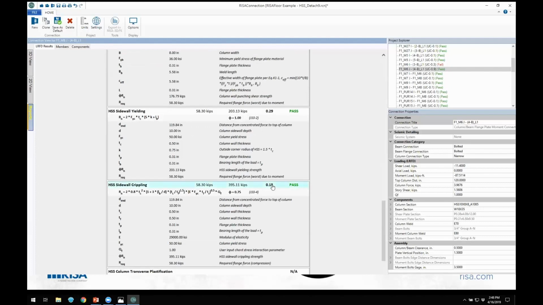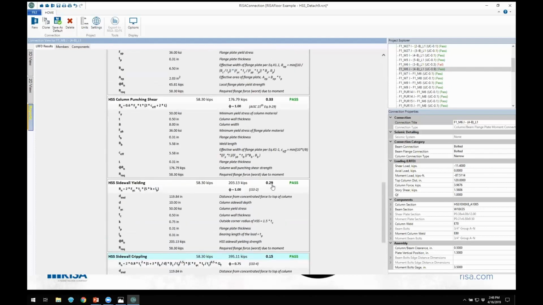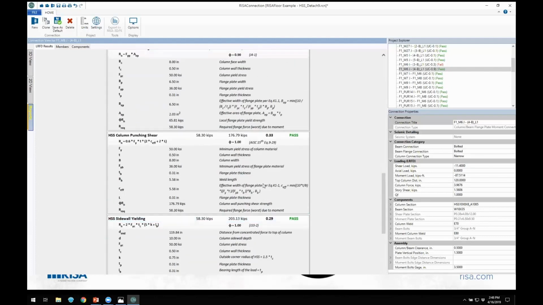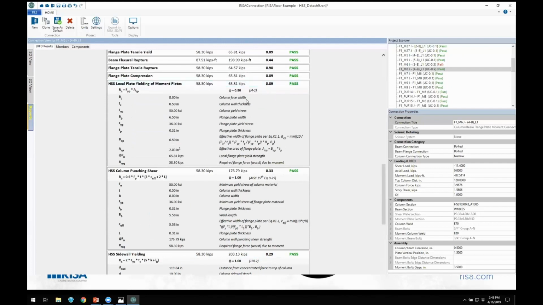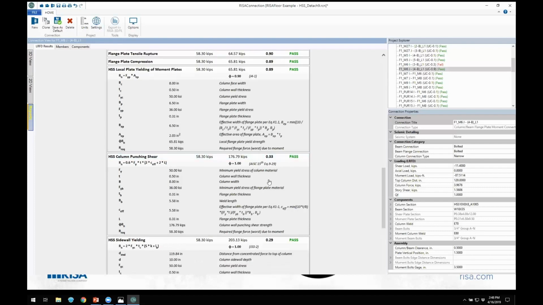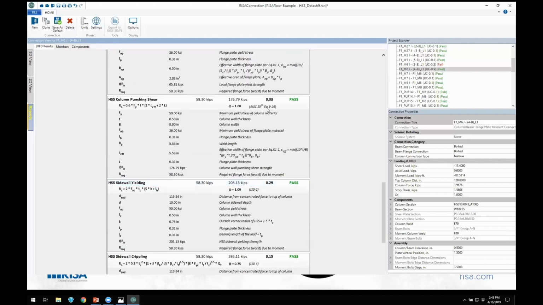So this information now needs to be included, and this is all because of the change between the 360-10 and the 360-16. If we look at this here, we're no longer using Chapter K for those things like we were before, but we're using Chapter J. So this is specification section J, design of connections. We're also using the manual chapters, Chapter 9 and also Chapter 10, and this is also included in the HSS